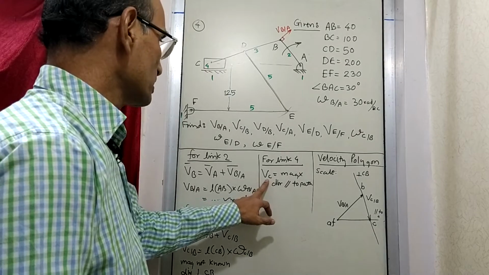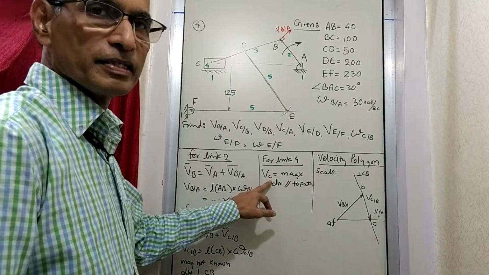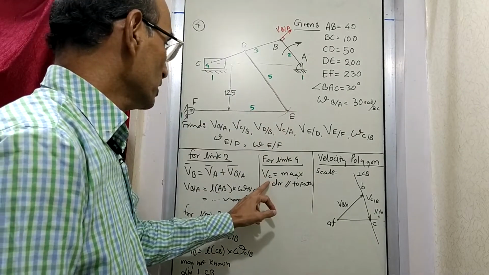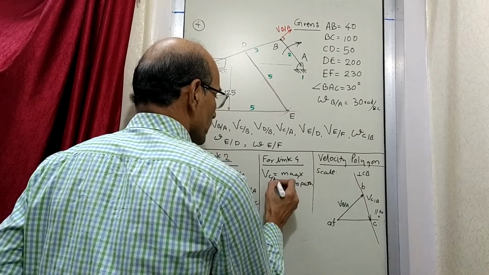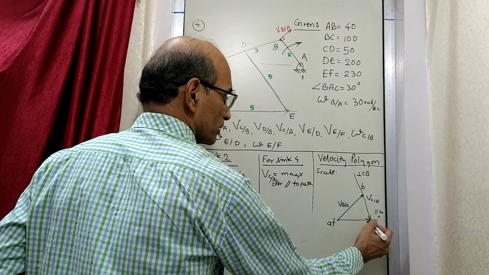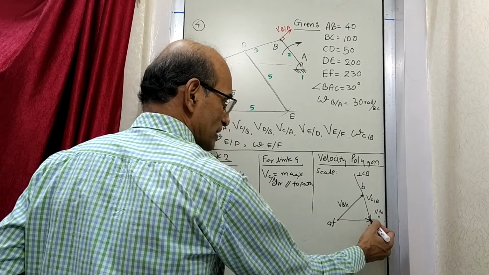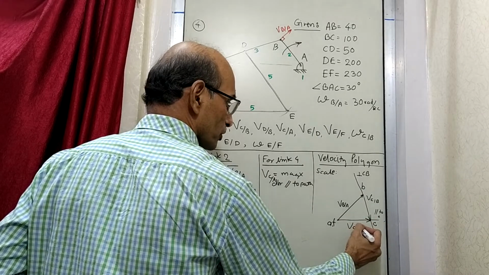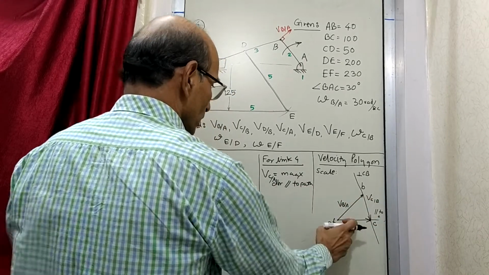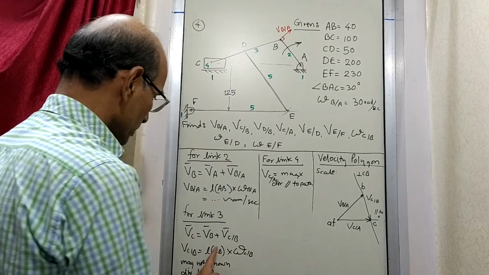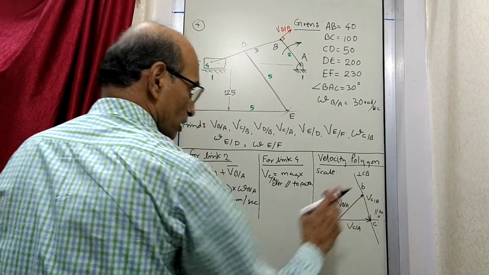Then for the other vector C, when nothing is written, that is with respect to fixed point A. So this is C with respect to A. That is going to be this vector. Arrow means the head at C, tail at A. Velocity of C with respect to A. So you measure these two lengths, and this will be this vector and this will be this vector, which were not known earlier.